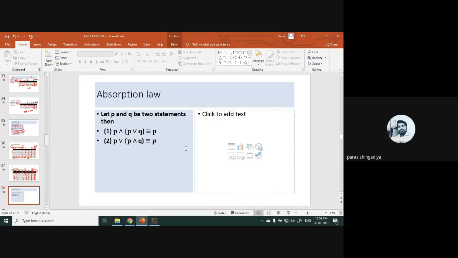Abhishek asked, can you prove it by another method? No, there is only one method we have to prove it easily, by using a truth table, because it is a compound statement we have. So at a time we cannot compare all these possibilities there. Okay, there are 8 total possibilities we have. So theoretically it is more difficult to prove this one. In each case it will get a T. But by using a truth table you can easily predict this output, and it is a very fast method to get the result.